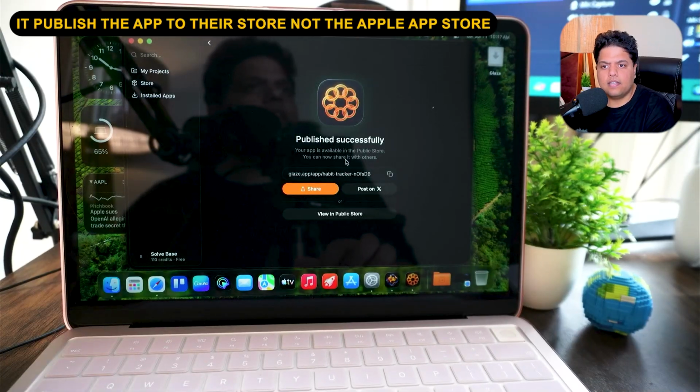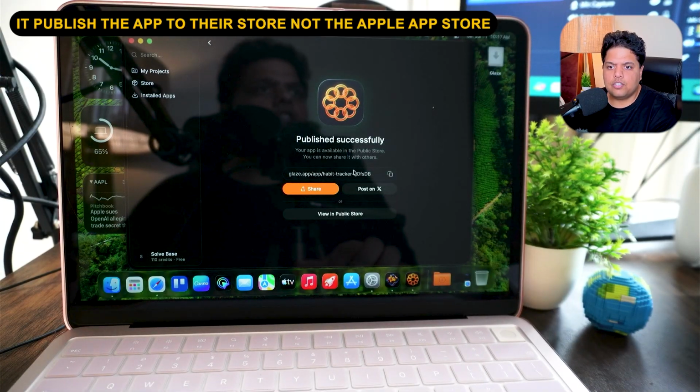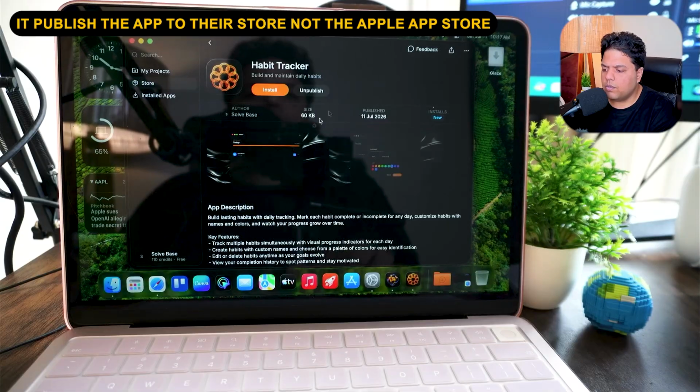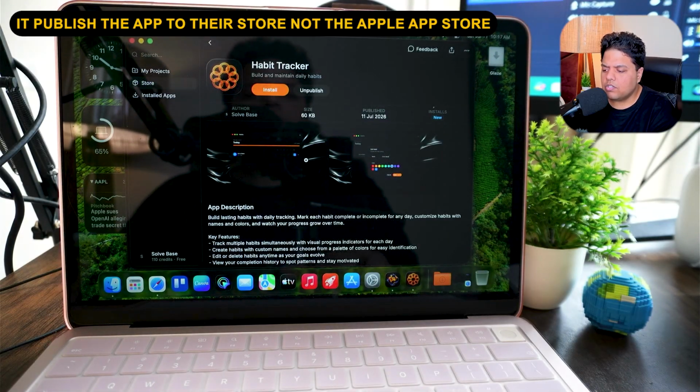And that's it. Now you can see published successfully. Now you can share it with others or post on X. And you can also view it in the public store. So you can just view it right here. Author, published, size, and such. You can see the app description, unpublished app, install from here. And yeah, that's it. That's how to create a native Mac app with Glaze AI by Raycast on your MacBook